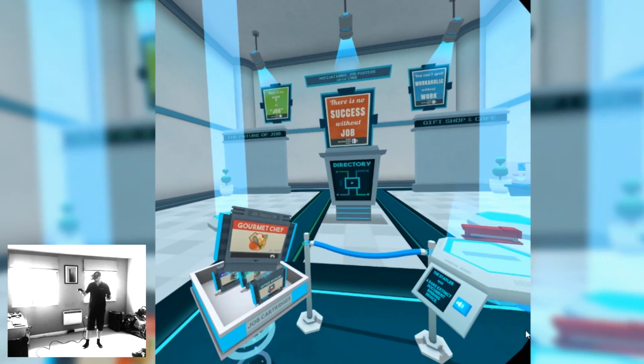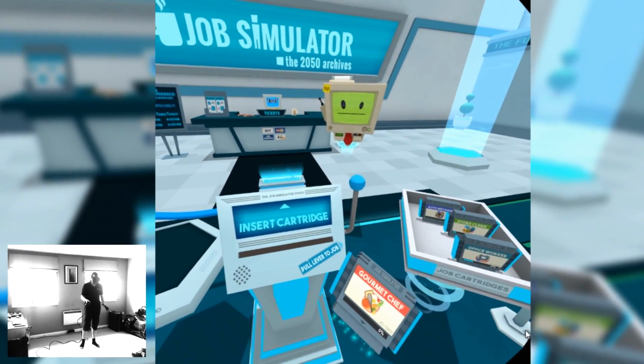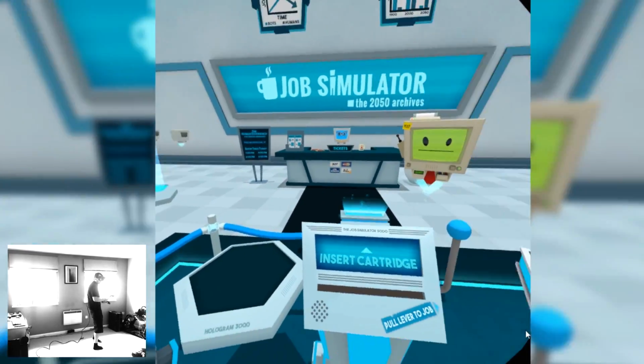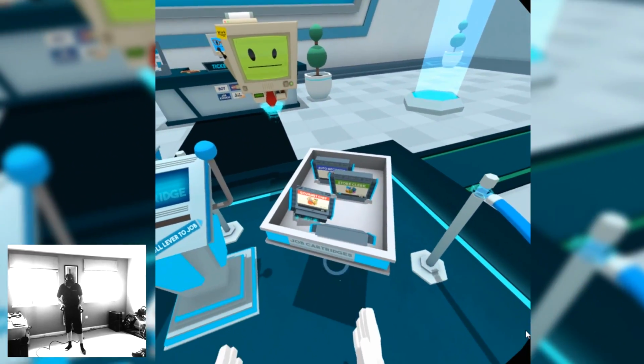VR. It's a very soft introduction to using your hands for the first time properly in games, and having stuff actually around you, and using chaperone and being comfortable. That's probably why it was bundled with the Vive. So we're going to go for one I've not done yet, and we're going to do...